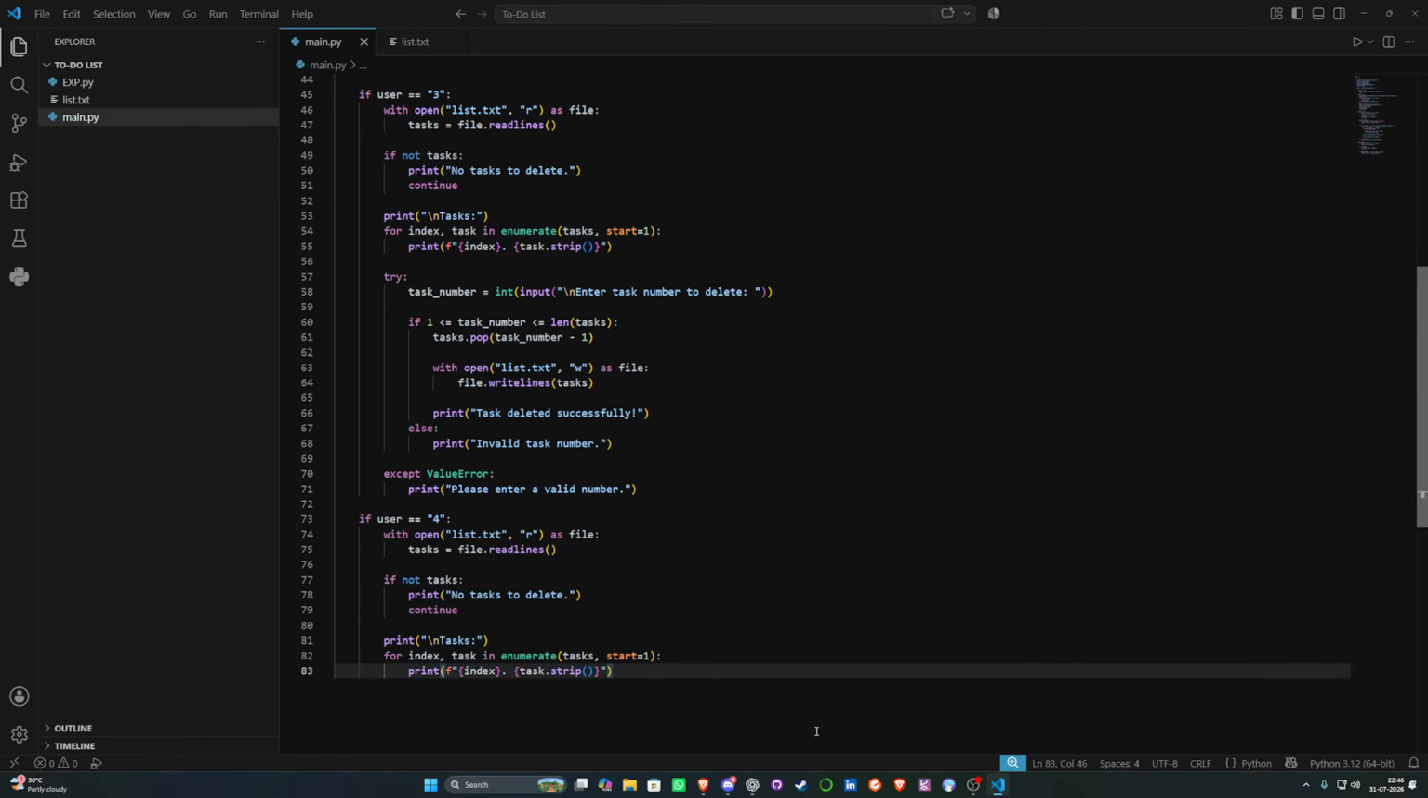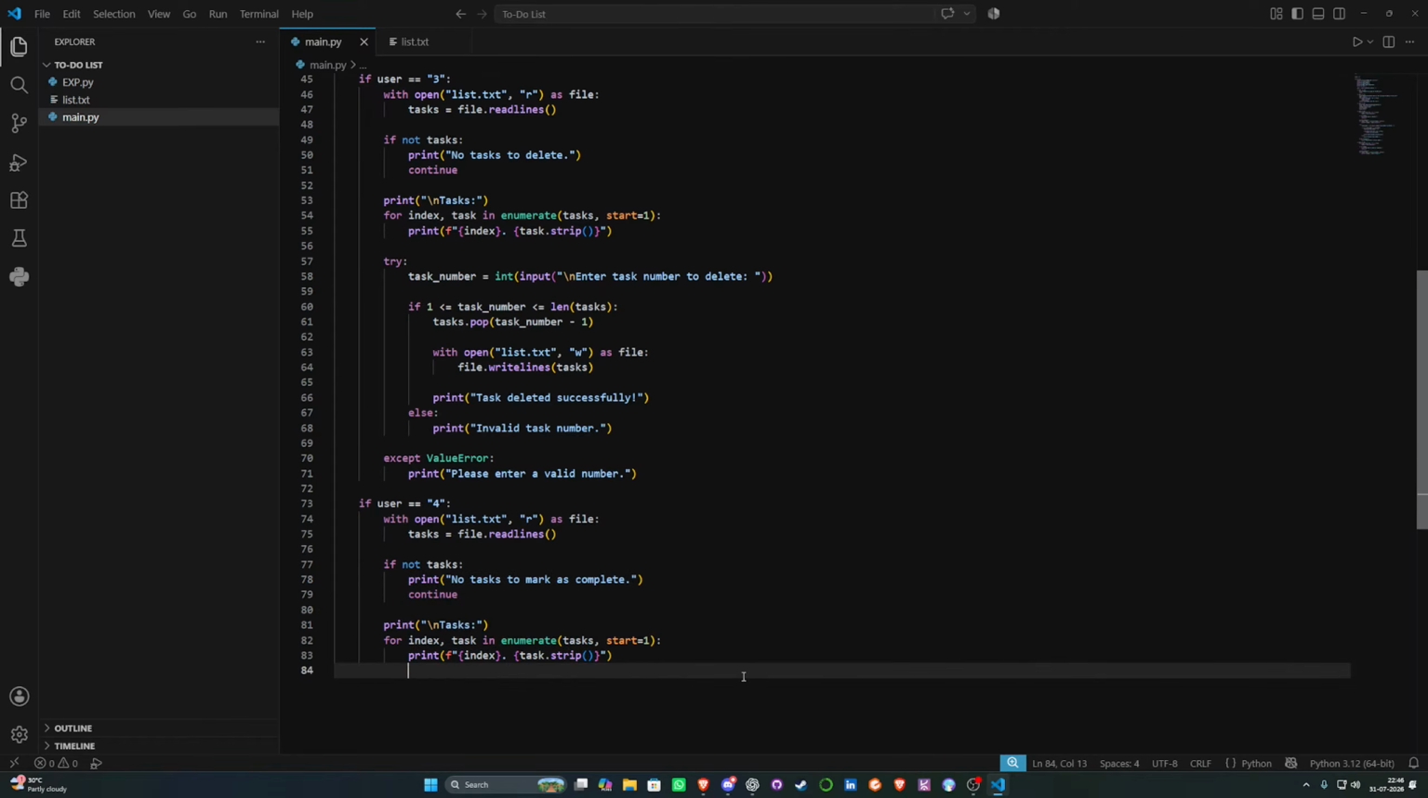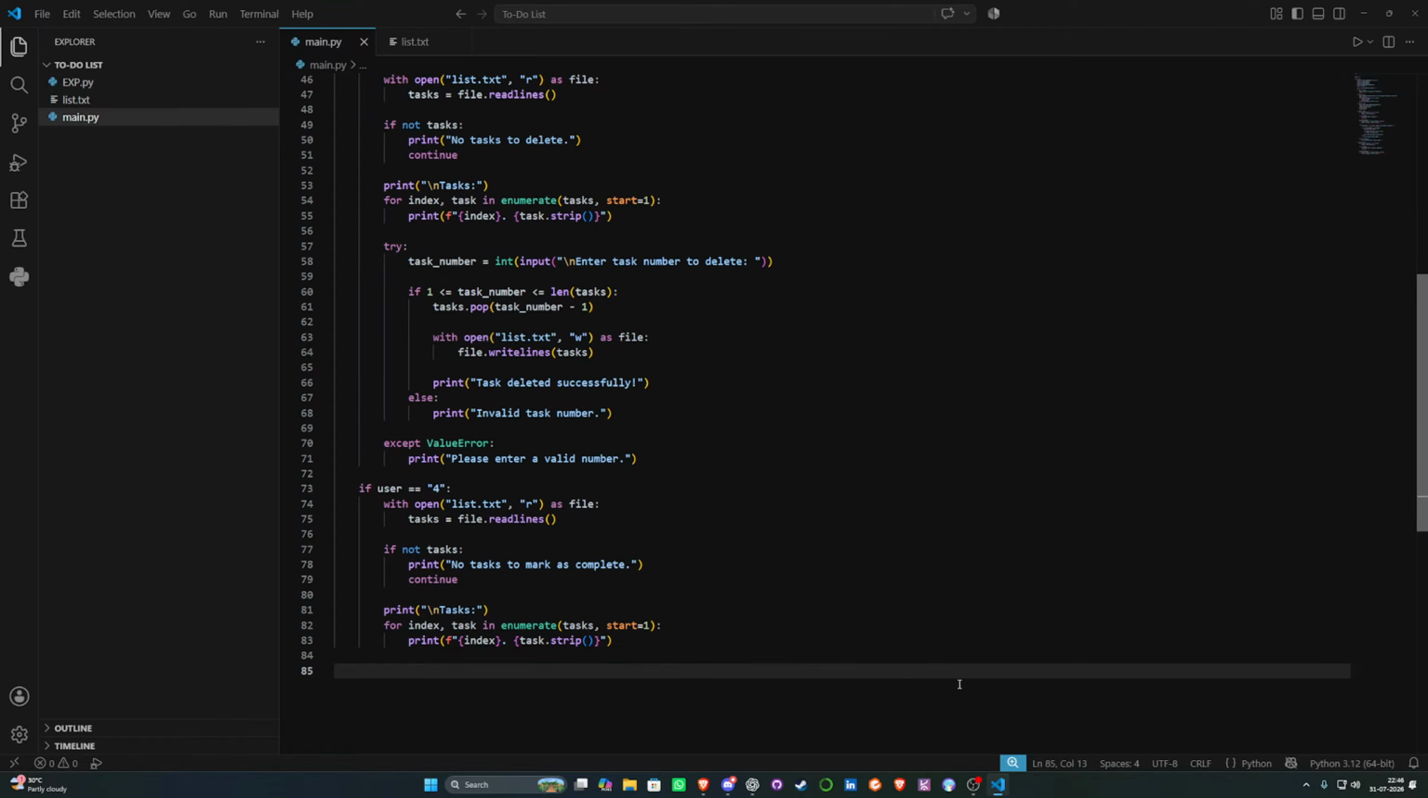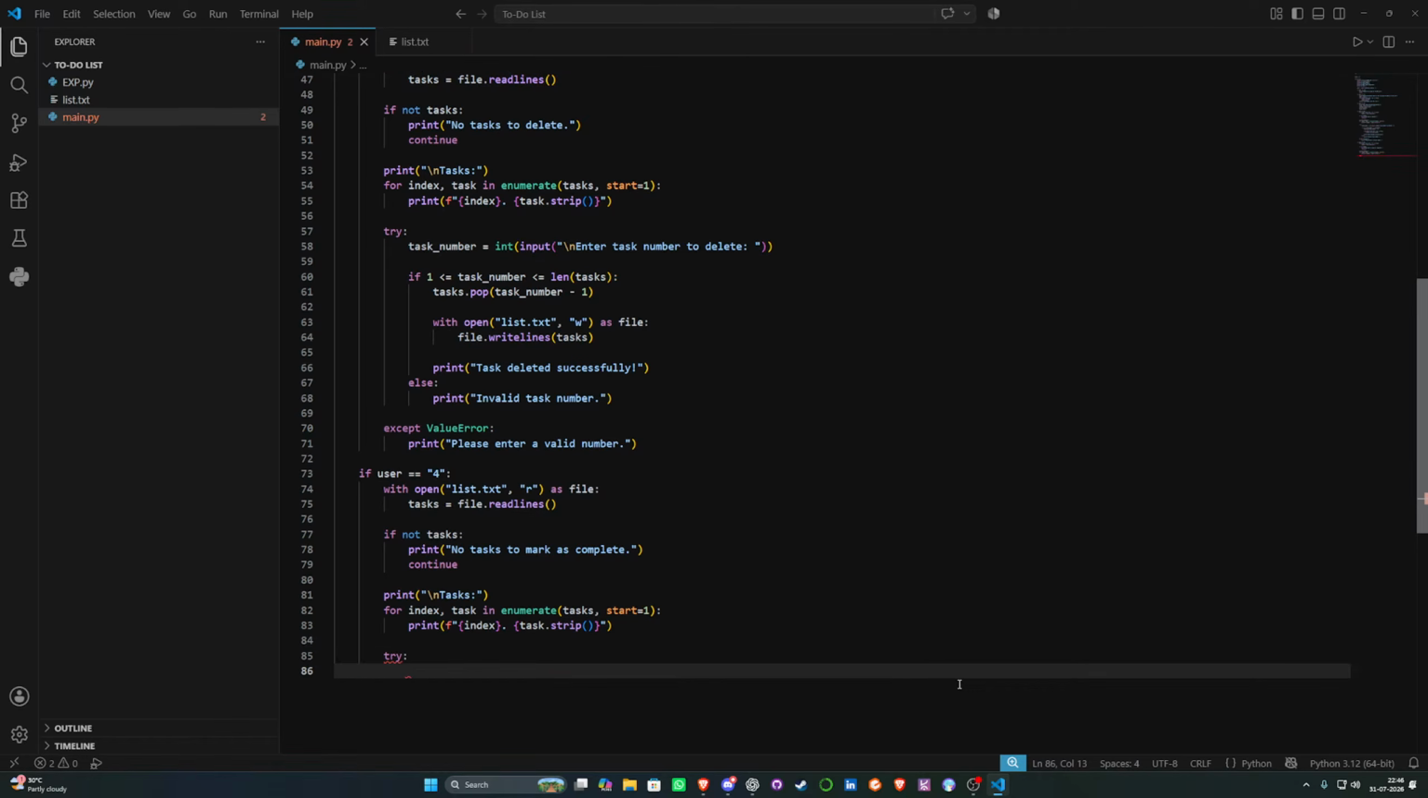Okay, perfect. So it will read the lines. If not, then no task to mark as completed. No task to mark as complete. And it will show the task. And then we will do one thing. We will try for